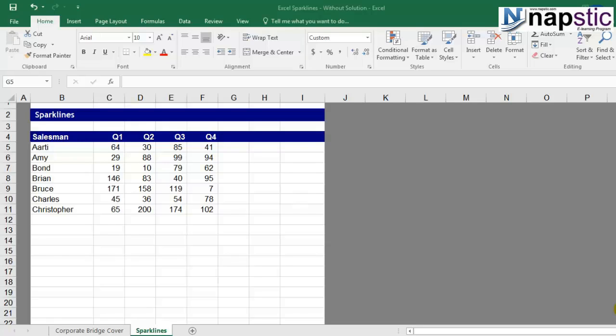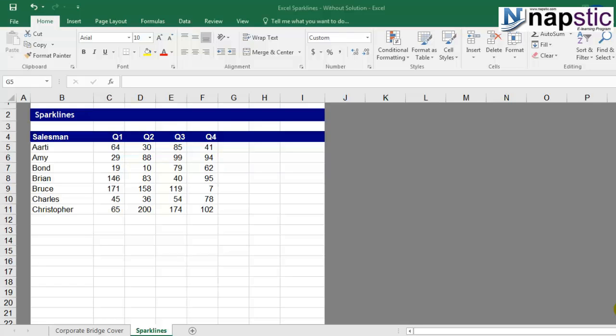We are now moving towards the final section of our training in Excel 2016, wherein we're going to learn about various charts that are available with Excel. In this particular video, what we're going to look at is the Excel sparklines. We learn about them, and they can be basically used to represent tabular data in a graphical format.